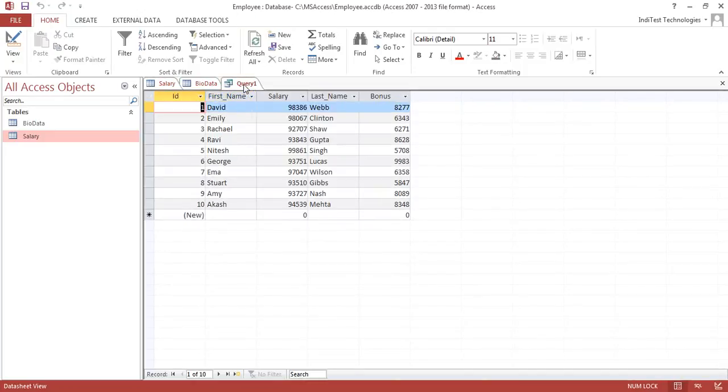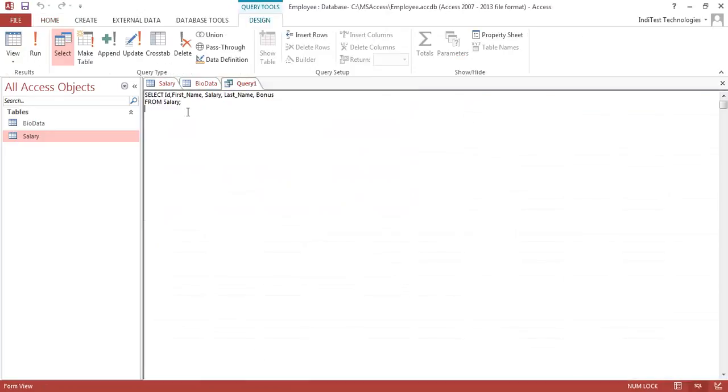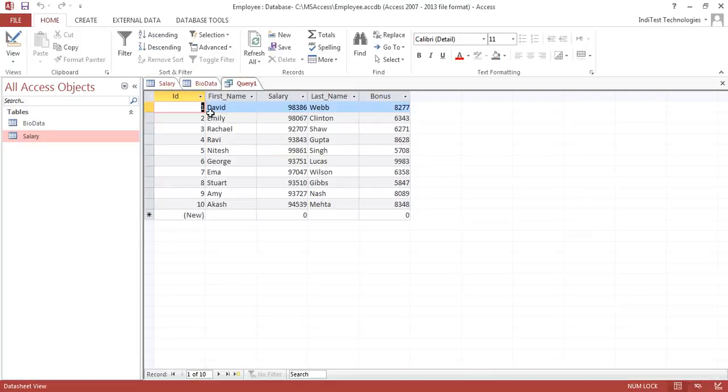The reason for this kind of disparity is that although in the SQL query we selected all of the variables that used to exist in the salary table, we chose our own position of the variables which we wanted to. So since I wrote ID, first name, and then salary, this is what you're going to have in your results: ID, first name, then salary, and then last name, and then bonus.